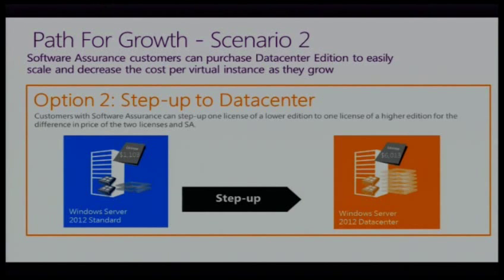Or customers with active Software Assurance that want to move towards a highly virtualized environment can use their step-up benefit to move from Standard Edition to Data Center Edition. Customers should remember that they can only step up 1 license for 1 license. If a customer knows that they will eventually have a highly virtualized environment, they should consider moving to Data Center Edition instead of stacking standard licenses in the short term. This will enable them to grow as quickly as they need without having to purchase additional licenses and without having additional standard licenses remaining when they are ready to step up to Data Center.